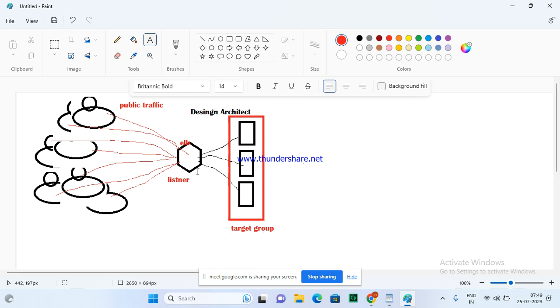Target group, in the essence of ELB, means these are the targets where the load balancer is going to distribute. You have 100 servers, but you want to distribute to only 10 servers. The 10 server group is called the target group. Who is going to automate? Who is going to take care of auto scaling, increase and decrease, or you can say scale in and out?